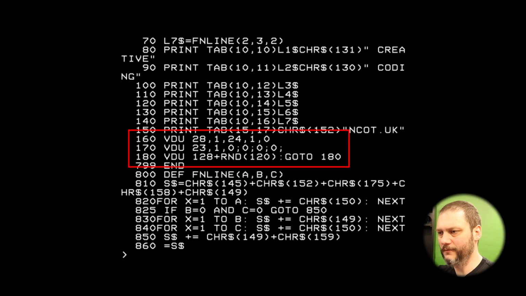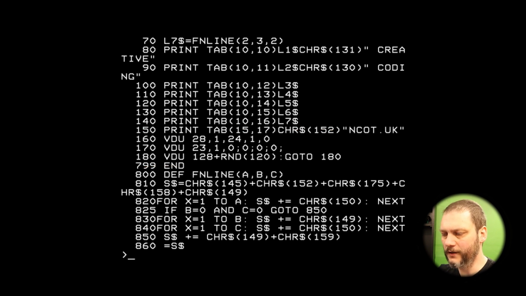Now what this is doing on line 160 to 170 is it's creating a 1 character wide by 24 column tall text window, and then setting the cursor to the top corner of it. I think line 180 just sends random control codes to the display chip, and occasionally some of them it doesn't know what to do with, so it just prints a big line across the screen and kind of messes up